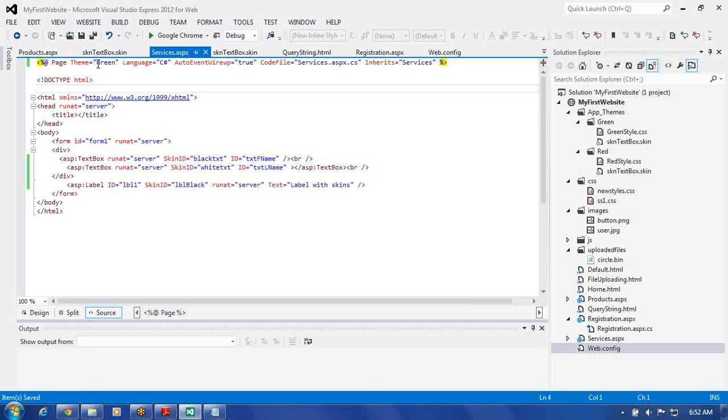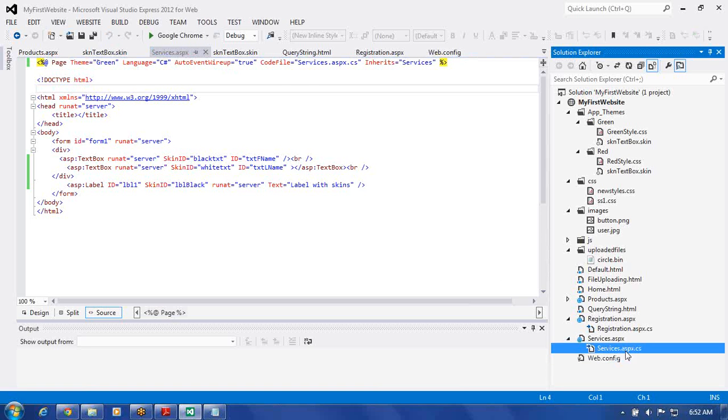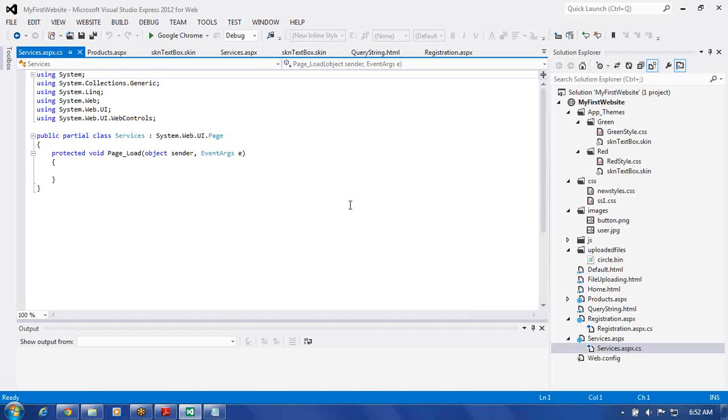And for this, where are we writing code? In the code behind page. Expand this here, and when you click on this two times, you get the code behind. Whatever code you write comes in this. And in fact, you define the page here. Public partial class Services, it's inheriting from System.Web.UI.Page. So from that page, the Services class we are creating, then you can write different events, different methods within the